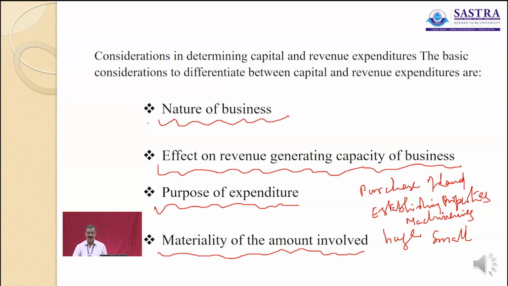Some of the items of expenditure will be huge, even if material, for procurement of assets, procurement of properties, or establishing any kind of properties. The huge amount involved will be deriving some kind of benefit too. Such benefit may be either for less than one accounting period or for more than one accounting period. So in such a case, all these items are to be classified according to the materiality of either the huge amount or the small amount involved in the procurement of assets and maintenance of the properties and also the operational activities.